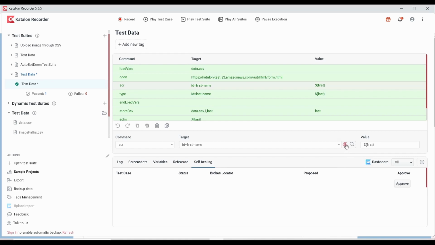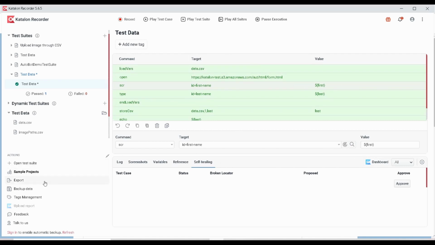Okay, and this is for selecting a target element, and if you click on this and hover on top of some element, it will give you the selectors for that particular element. And this is to find and highlight the current target element. Like suppose if you already have one selector, if you click on this, it will highlight that particular field on the web page. Okay, so these are the basic things regarding this form.